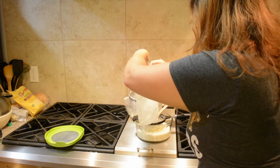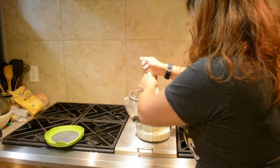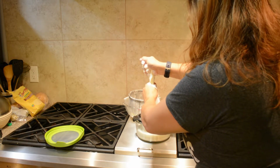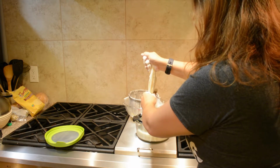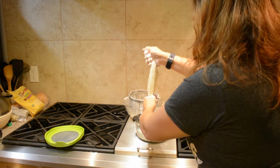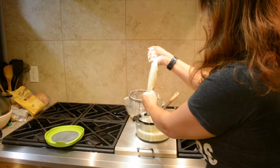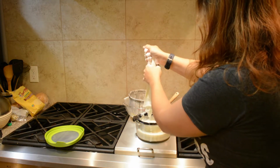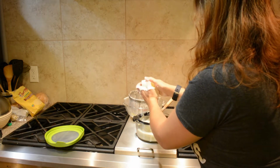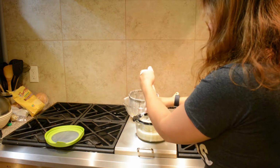So the last step is the really messy step, which is trying to get it out of this bag. This is one of the reasons why I like having the knot bags. When I first did this, I used cheesecloth, and it's a little bit more tricky to work with the cheesecloth, and these are a lot easier to reuse. So for me, it just ended up being both a time and money saver,